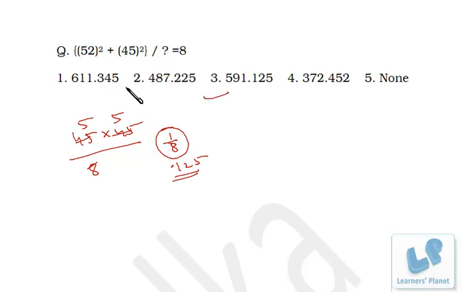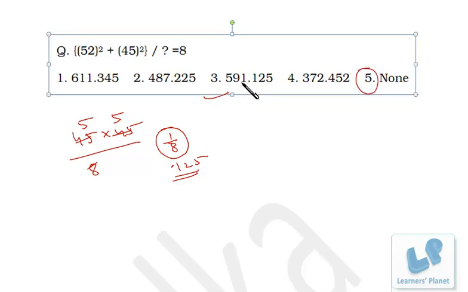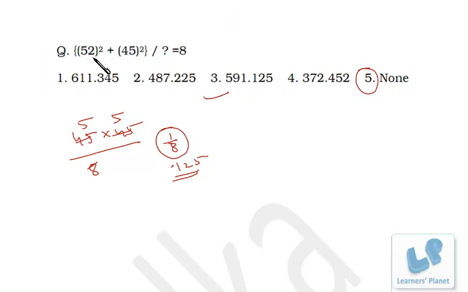So the other options we can definitely reject, but we also have none of these, so we just have to get an idea of what the final figure before the decimal can be. We have to find out whether this figure can be achieved or not. Now instead of squaring this, adding both of them and then dividing by 8, you can simply divide each expression by 8. Now 52 into 52 is a multiple of 8. I'm just writing it for you, you don't have to write.